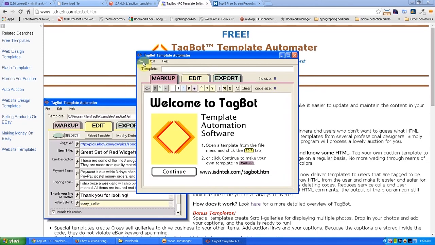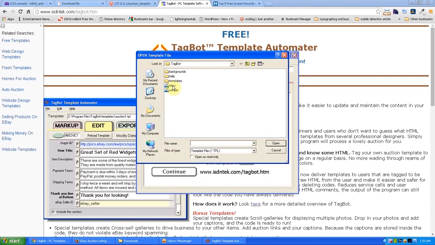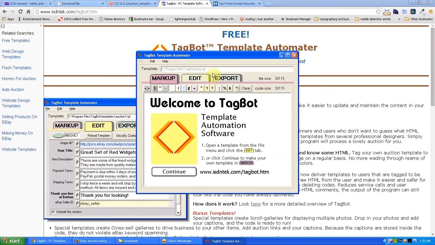But before that, we need to open up the template file that we need to edit. In the zip package that you have been provided, there is a file called ebay.tpl. If you have unzipped it, just open it from the location you have stored it. I have this file here, but you will have to navigate to the folder where you have unzipped your package. Open up ebay.tpl. As soon as it is loaded, this link over here will become active. Now it is active. See, it is now showing in black color.